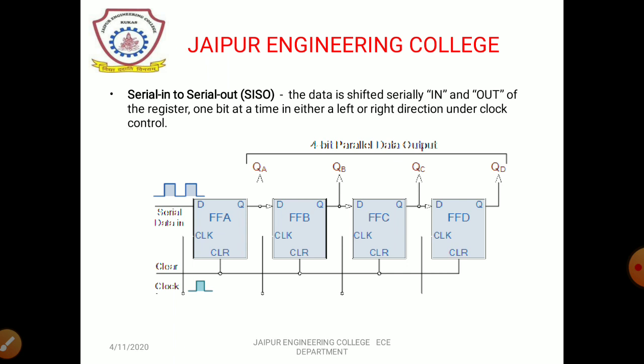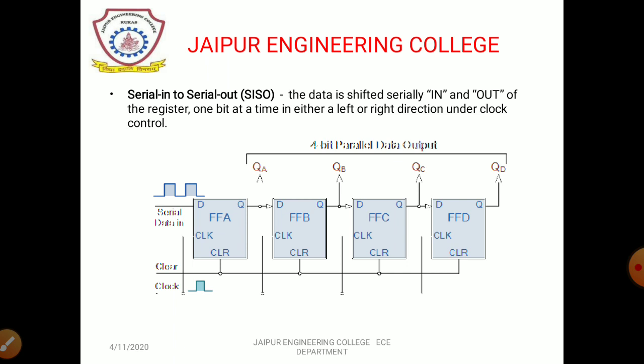When the clock pulse is applied to the flip-flop, the flip-flop starts to store the data, and for the next clock pulse, the output of the first flip-flop FFA is the input of the second flip-flop FFB, and again for the next clock this process continues, and due to the cascading, this process continues till the last flip-flop FFD. For every positive edge triggering of the clock signal, the data shifts from one stage to the next stage, so we can receive the bits serially from the output of the rightmost D flip-flop. Hence the output is also called serial output.